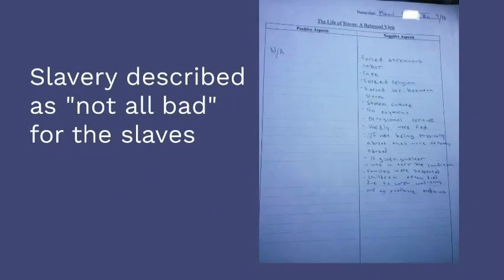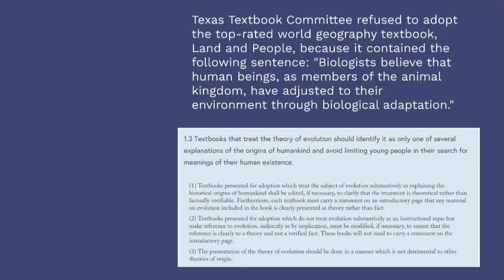Accompanying this assignment was a worksheet that students were asked to do that exacerbates this idea of a particular viewpoint. Here the worksheet says, "The life of slaves, a balanced view. What might be some positive aspects of slave life for slaves themselves, and what are some negative aspects?" Here you can see the student sees it's problematic and says there were no positive aspects for slaves, they were all negative. But the worksheet itself is trying to encourage a particular view that's more balanced than the one that